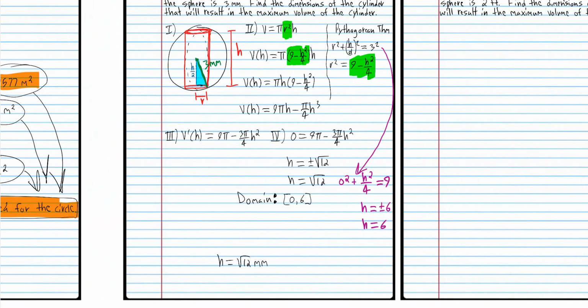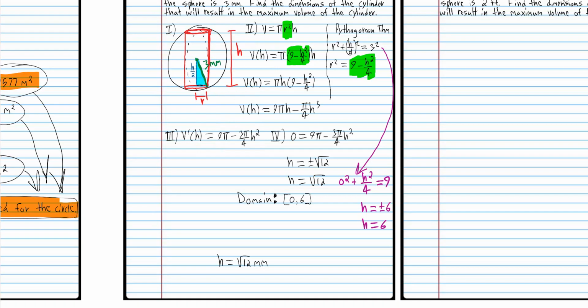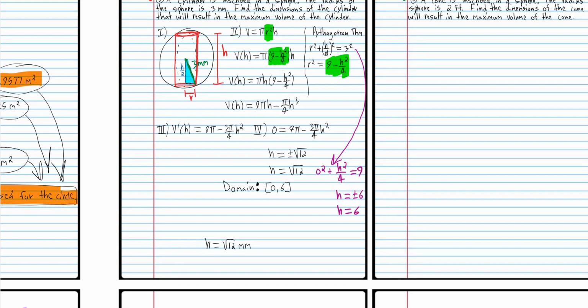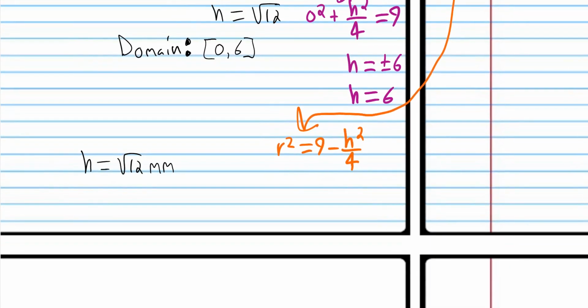And over here, we need to use that equation again to find r. So r squared is equal to 9 minus h squared over 4. And if h is root 12,